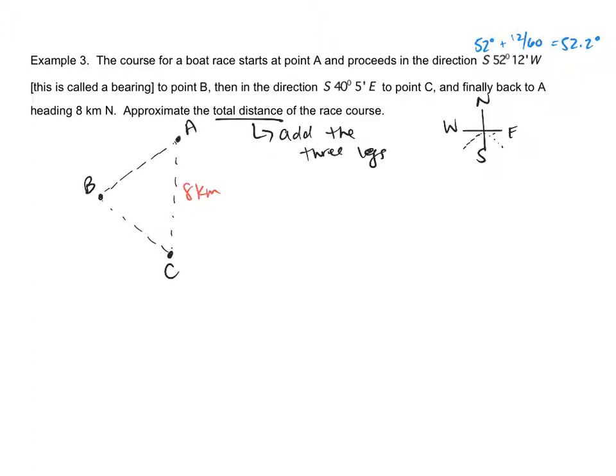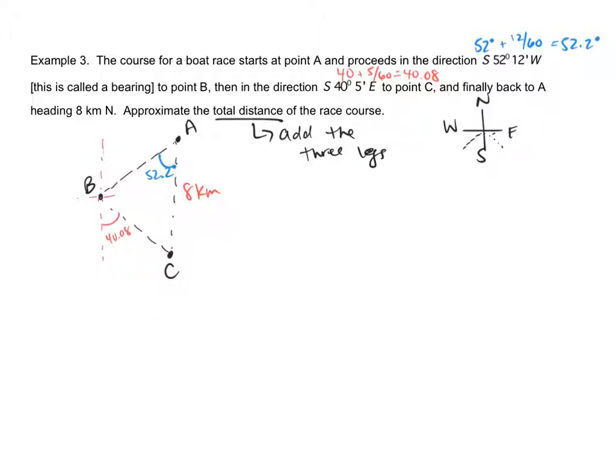And so we can label that as 52.2 degrees to point B. And then angle B, which is going from B to C, 40 degrees plus 5 sixtieths now is going to be 40.08 degrees. But that is in the southeasterly direction, which means if we drew our compass rose starting at B, that would be 40.08 as this angle,